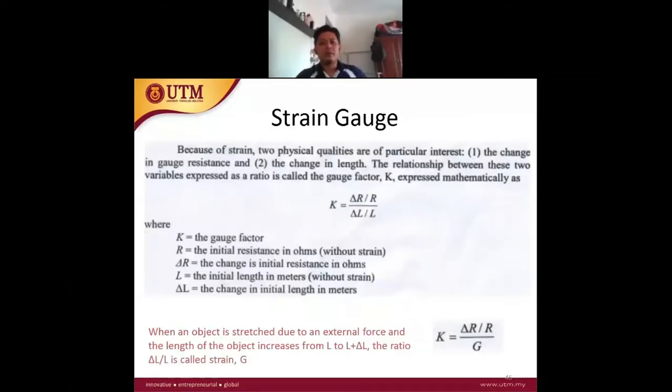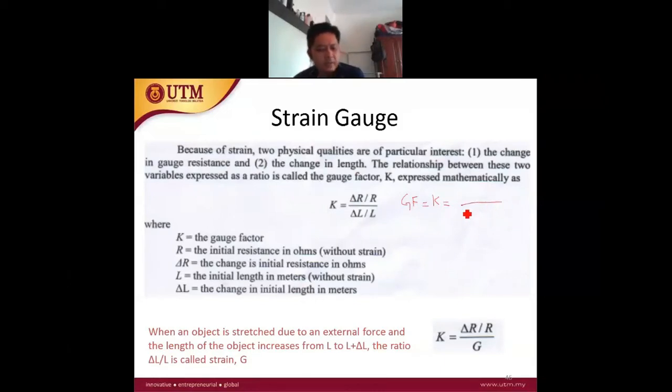Okay, so a few things that you need to know about strain gauge. There are a few variables that you need to know. The first variable is called the gauge factor or K. Sometimes it's written as K, sometimes as GF, gain factor. K is also the common variable name for the gauge factor, and the gauge factor K is